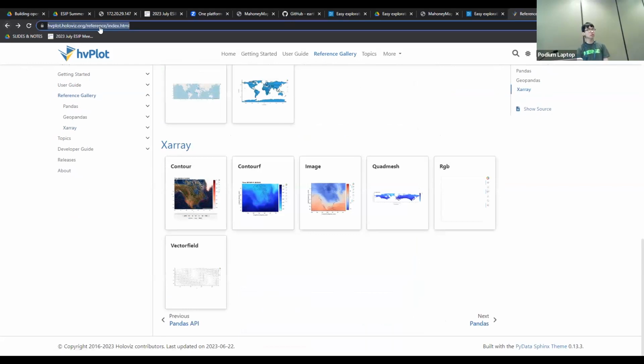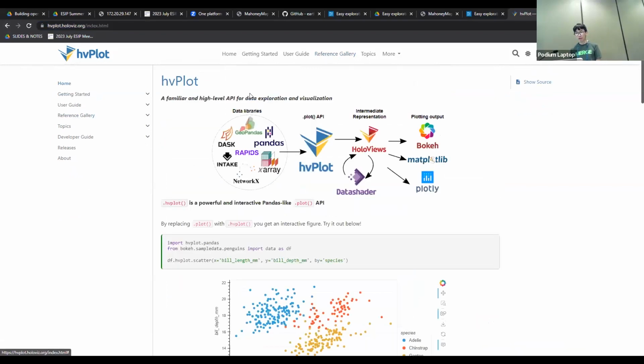Similar question, but comparison to Plotly. Yep. So hvplot, in my opinion, works better than Plotly, but I also maintain HoloViews. But no, prior to joining Anaconda, I was an avid user of HoloViews and GeoViews and this whole ecosystem. I personally haven't used Plotly as much, but I feel like hvplot plugs into Xarray and Pandas a lot better.